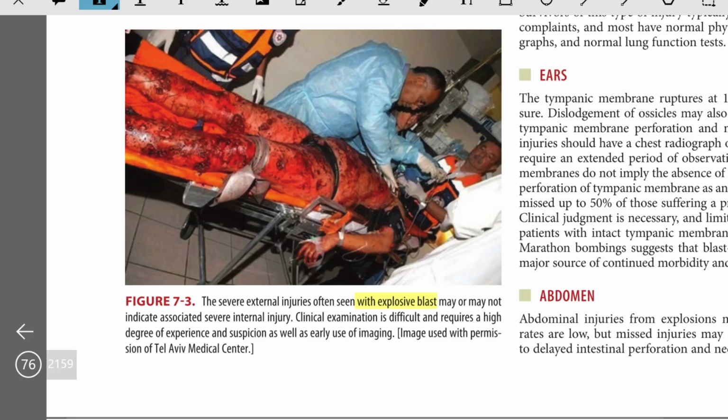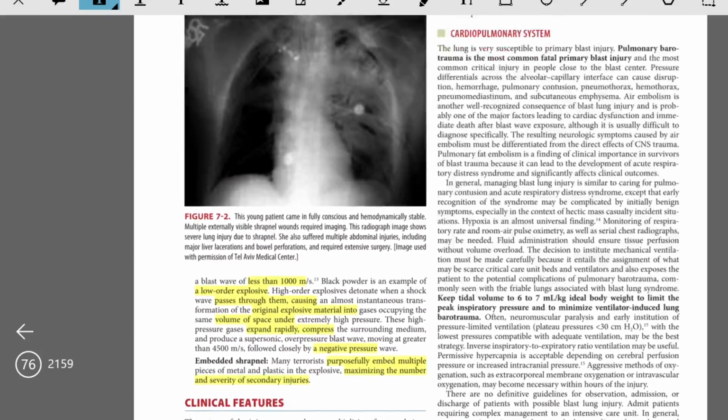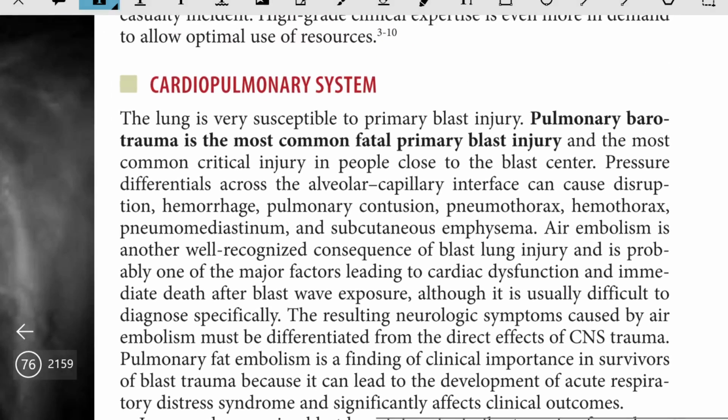A clinical examination is difficult and requires a high degree of experience and suspicion, as well as early use of imaging. So various manifestations are given in a systematic way. We are going to discuss initially the cardiovascular system, cardiopulmonary, and later on other organs too. In the cardiopulmonary system, the lung is very susceptible to primary blast injury because it is mainly filled with gas. So pulmonary barotrauma is the most common fatal primary blast injury and the most common critical injury in people close